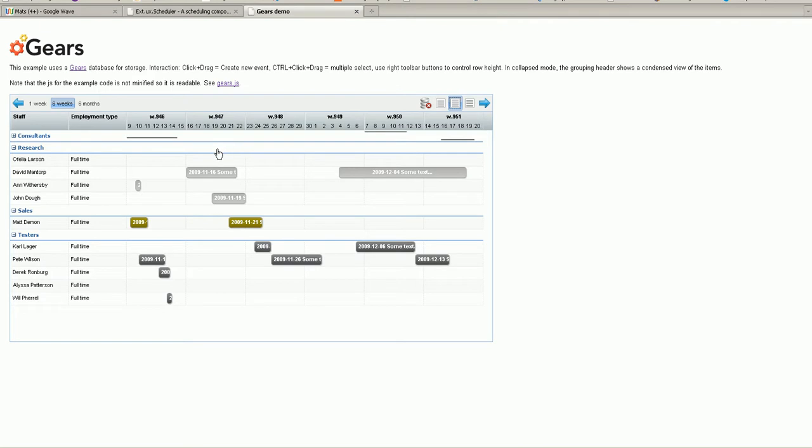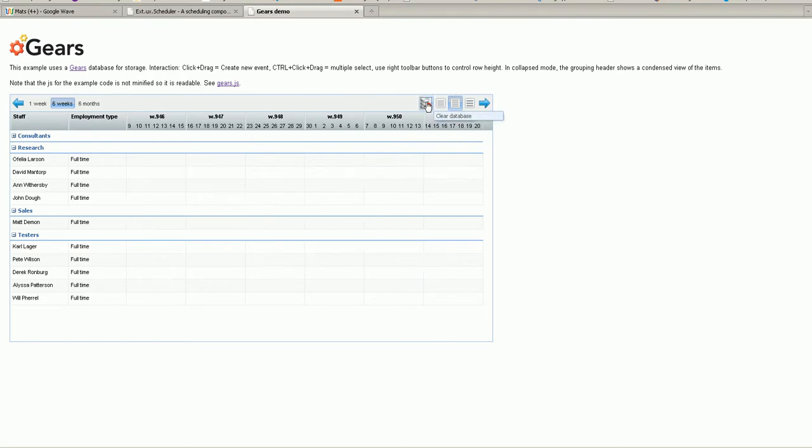So that's pretty much what's new on the feature front. I hope this gives you a pretty good idea of what can be done with the scheduler. And let's just delete all that. And then on to the next exciting thing, which is a thing I've been playing with for a while, which is the Wave integration. So Google Wave has been around for a little while now, and I was lucky to get